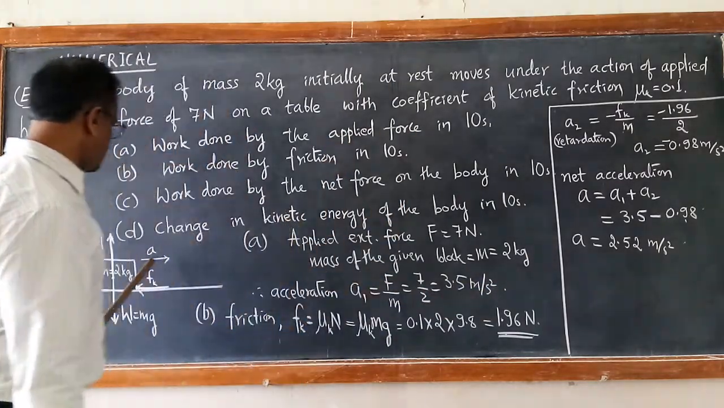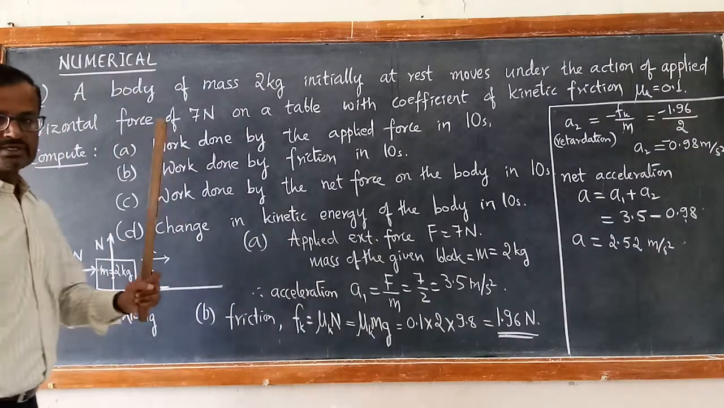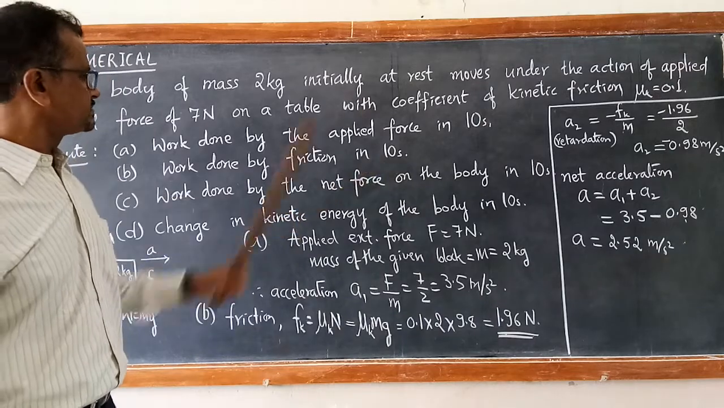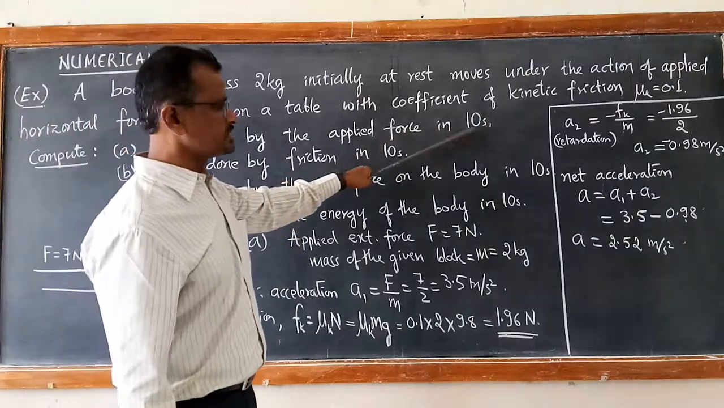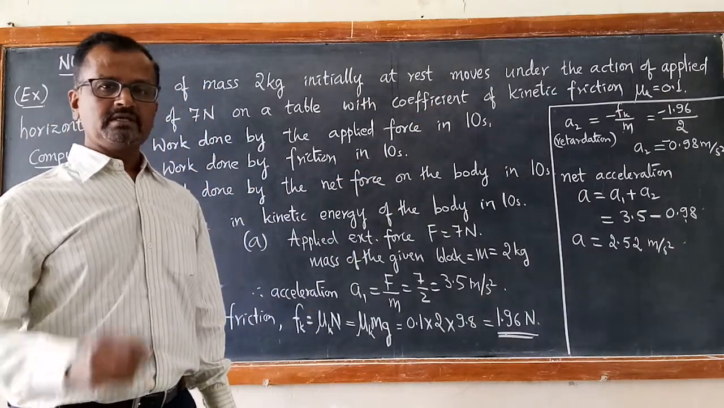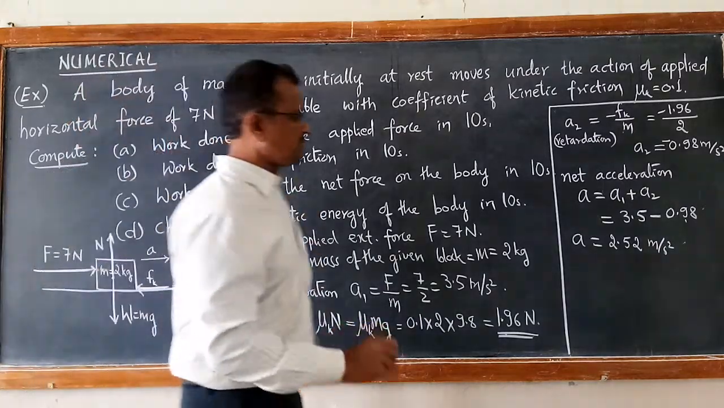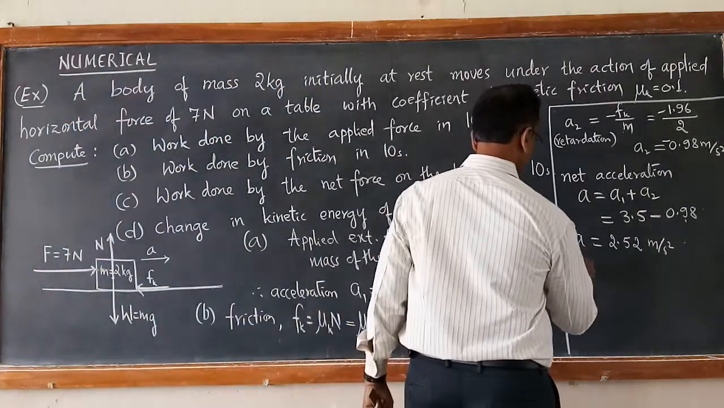Now the body starts from rest. So initial velocity is zero. How much distance does it cover in 10 seconds? We need to calculate that distance, which multiplied by force gives us work done. So now we calculate distance